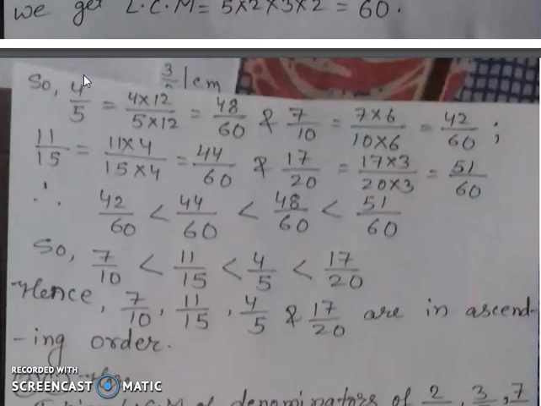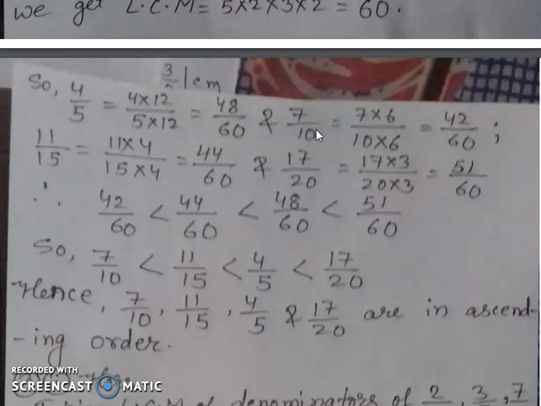When we get the LCM 60, then we have to make all the fractions with the denominator 60. So it was 4 by 5, so we will divide 60 by 5. What number will we get? The same we will multiply up and down. So 60 divided by 5 becomes 12, as we know 12 5 is 60. So I had multiplied up and down with 12. 4 into 12 and 5 into 12, so 48 by 60.